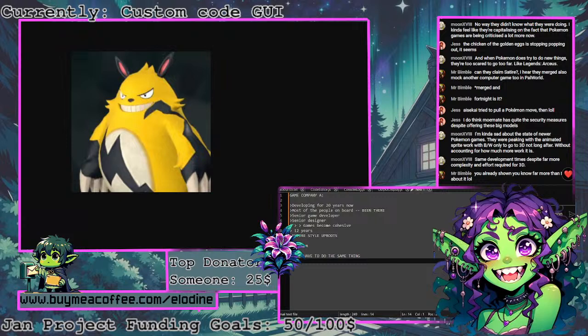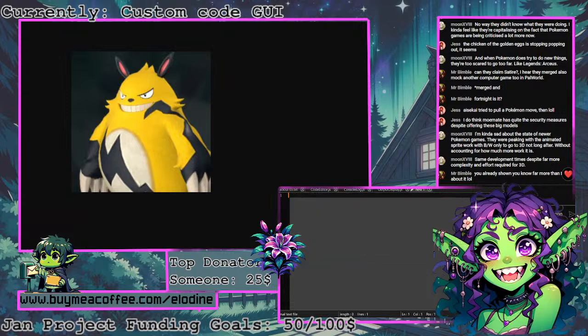But nothing showcases that better than Minecraft. Holy hell. Same development times despite far more complex. Nope, I already went over that. My brain. But yeah, we see that with Minecraft and what is it? Even Buckshot Roulette when that came out, those graphics look dated as hell, and I mean that in the best way, right? Some of these pixel games that we've got, what's the other one? Undertale. That's it. These are all super charming games that have made really memorable impressions on people in the